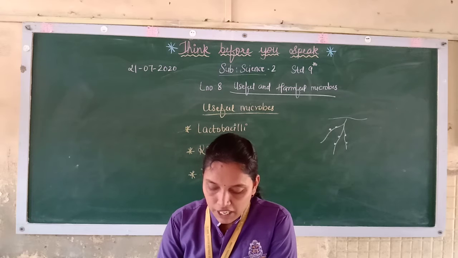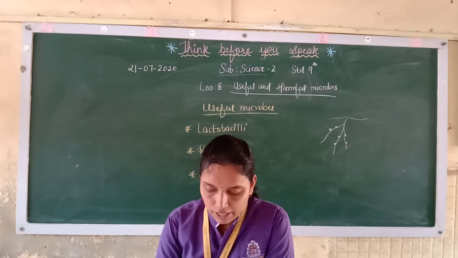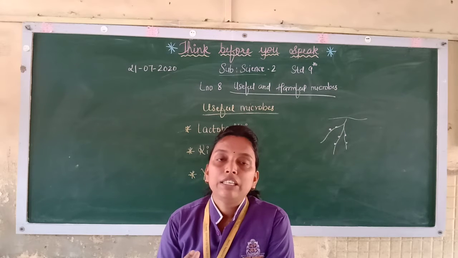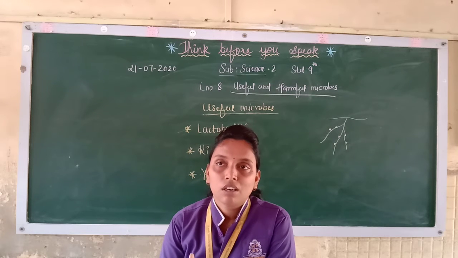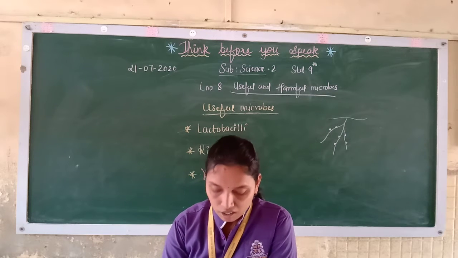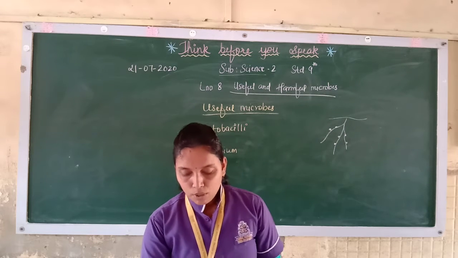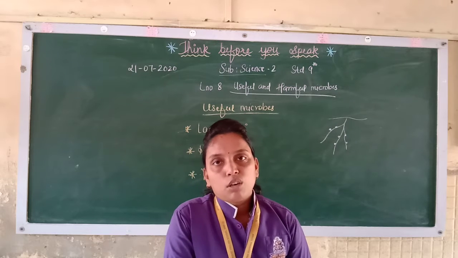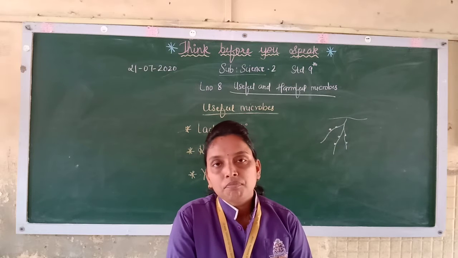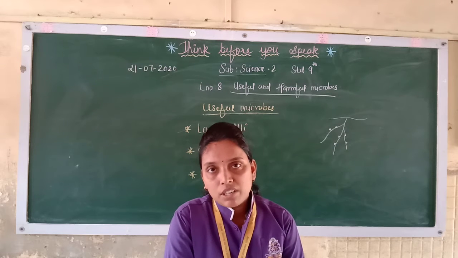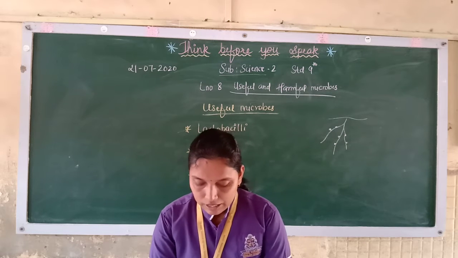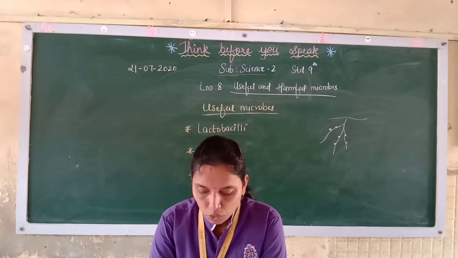As a result, the pH of the milk decreases, causing coagulation of the milk protein. So whatever proteins are there, they coagulate. Now you can see how the curd becomes viscous. It's not like a liquid like milk. Thus the milk proteins are separated from the other constituents of the milk. Coagulation occurs, and you can see how the yogurt, the dahi, looks. This is what happens when milk changes into yogurt.